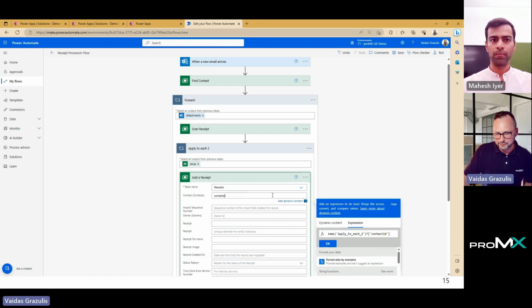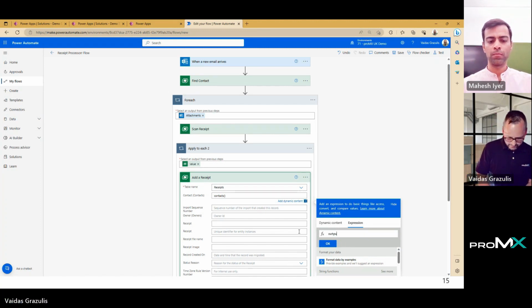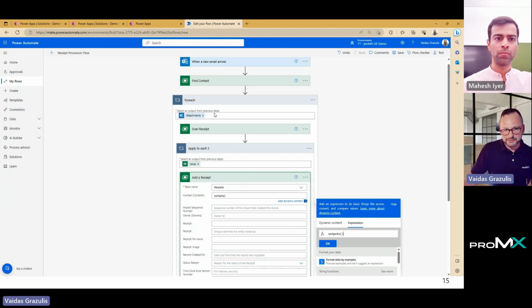Let's rewrite that. So instead of using this method, I will take the outputs from the step find contact. Now the results of that will sit inside of a body, and within that body, we're going to have a value.